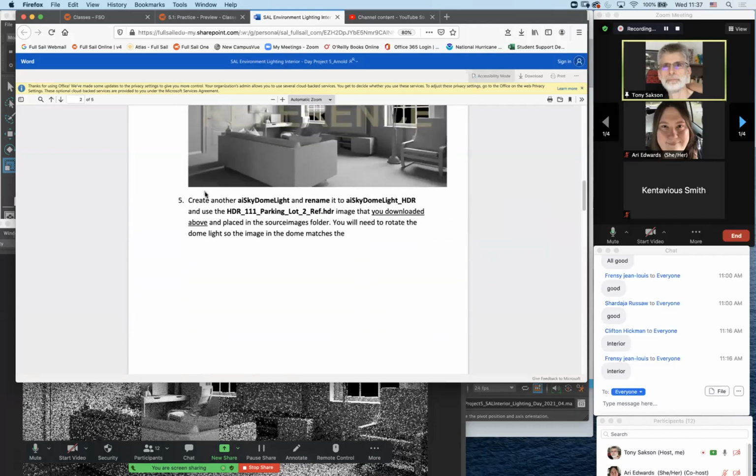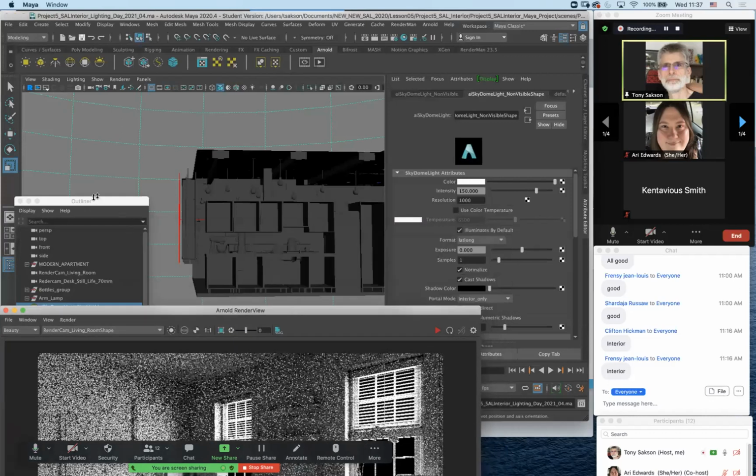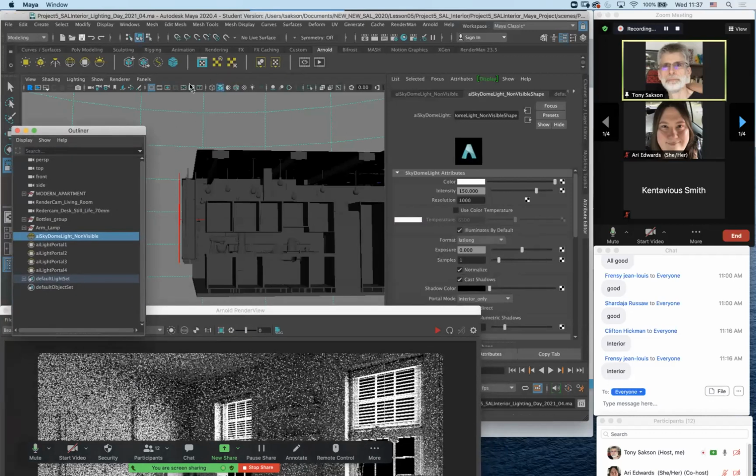All right, so now we're going to create another dome light. We're going to rename this one AI Sky Dome Light _ HDR, and this will have our parking lot image in it. So let's do that. How do you do that? Well, pretty simple. Create another dome light simply by clicking on it. Let's rename it